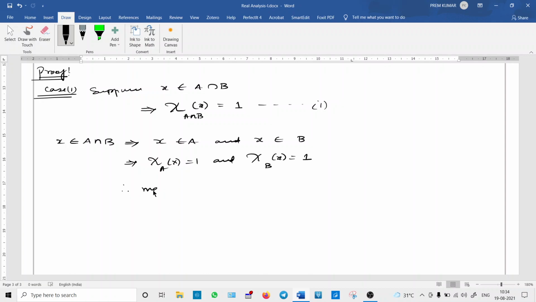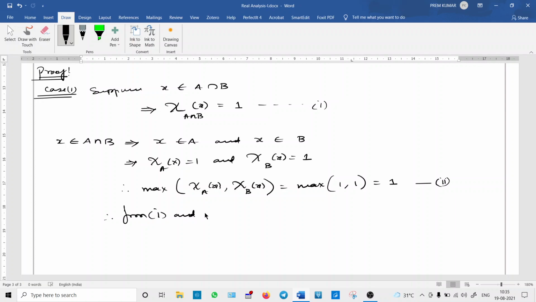Therefore, the extremum of chi A of x comma chi B of x, for this case 1, we get 1 comma 1, which equals 1, and this is the second result. Therefore, from 1 and 2,